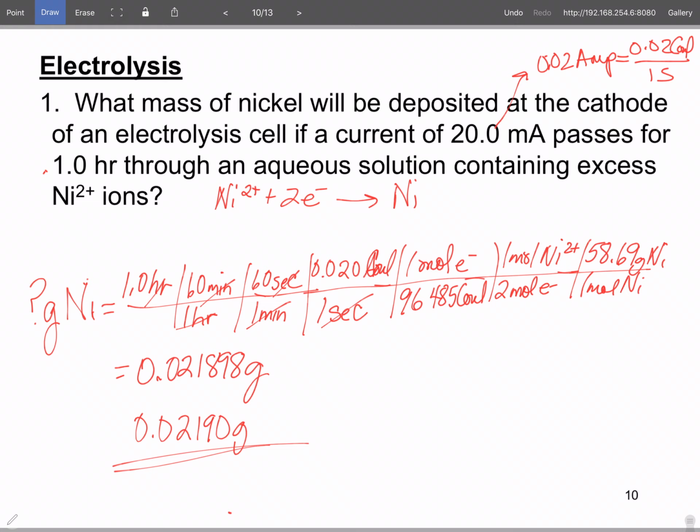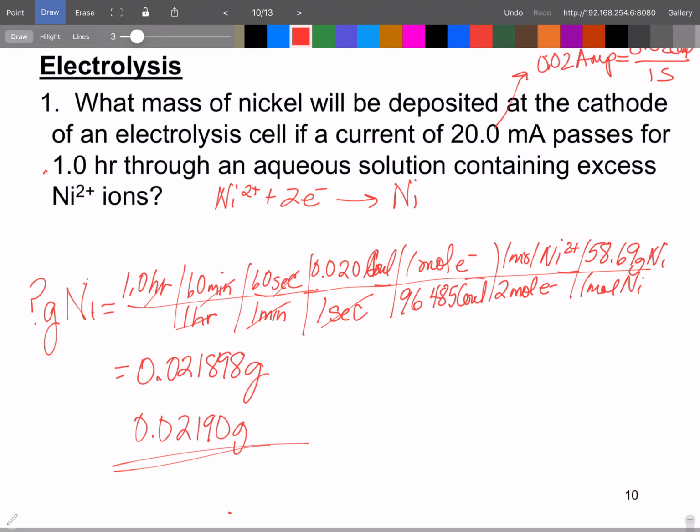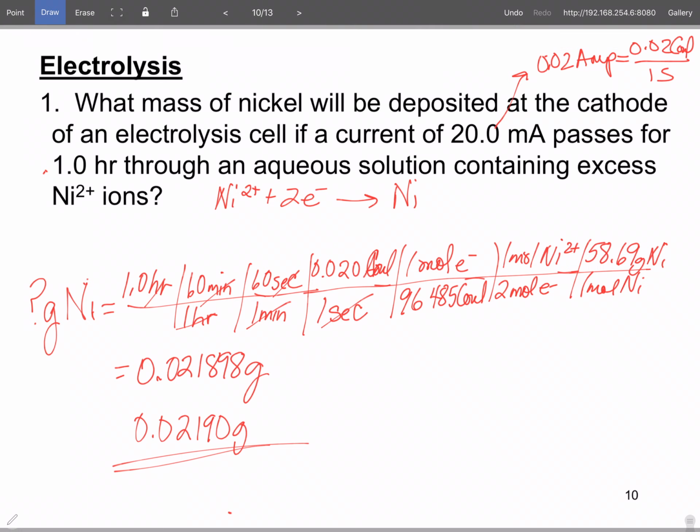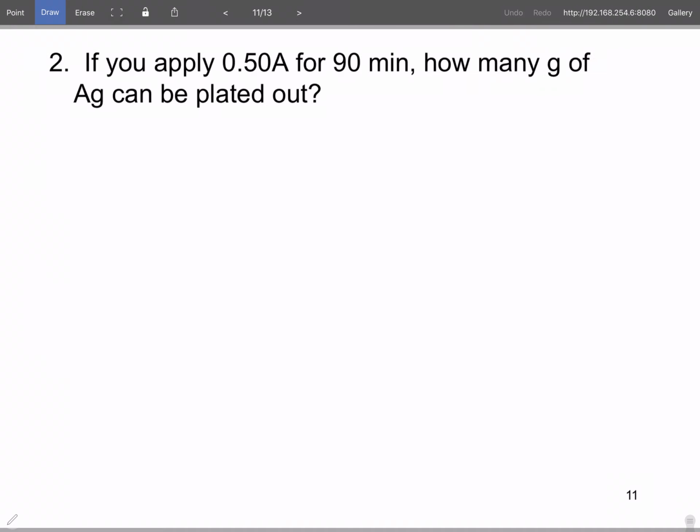If you're coating something large, that is not enough. So what we're going to do is look at another problem, and we're going to look at it in reverse. If you apply 0.5 amps for 90 minutes, how many grams of silver can be plated out? Okay, so remember the 0.50 amps is equal to 0.50